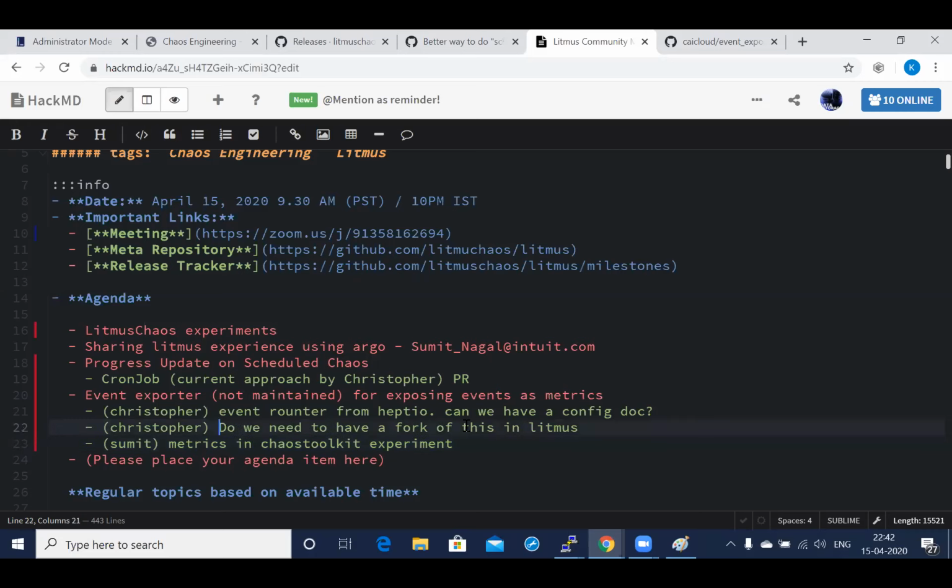There are also some items for 1.4 where we will have more focus on this, probably an item to explore what Sumit has been suggesting, and also see if we can look at the event exporter from Heptio, and also work on what our original roadmap has been towards that exporter.